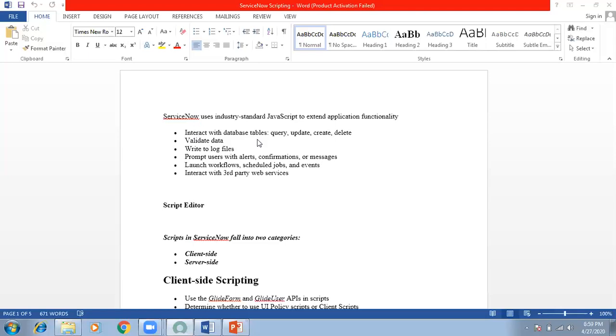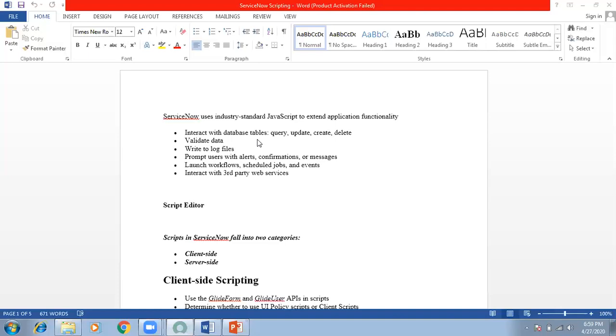As you might be aware from the admin part, there are tables in ServiceNow, right? Everything in ServiceNow you can understand as a table. Incident is a table, problem is a table, change is a table, then change task is another table. Request is a table, then requested item is another table. Then task is another. So that is basically a database.